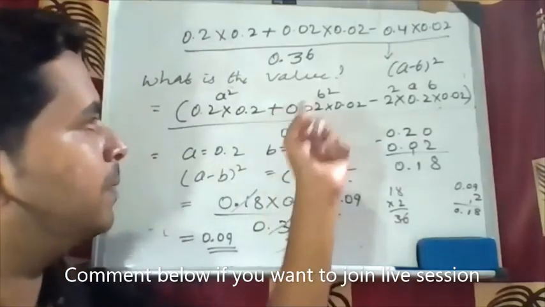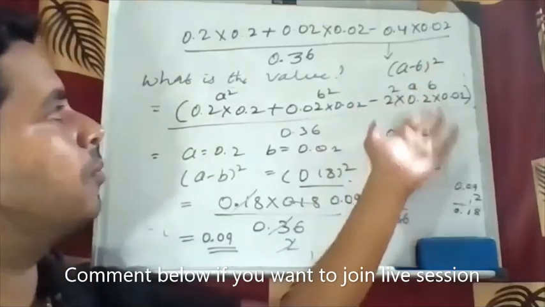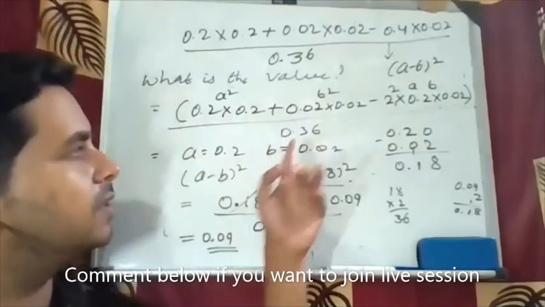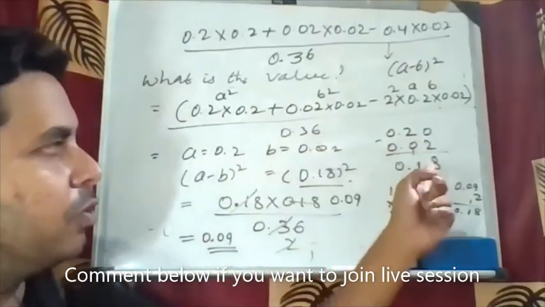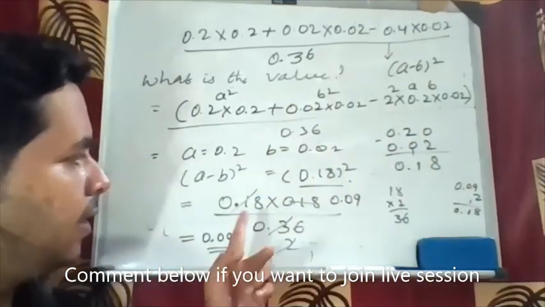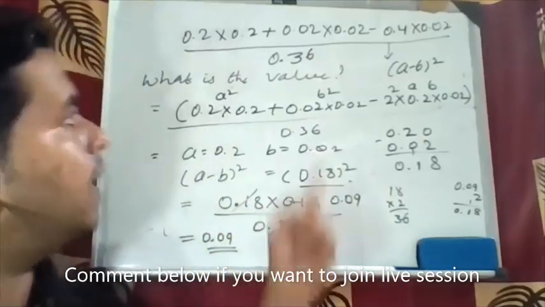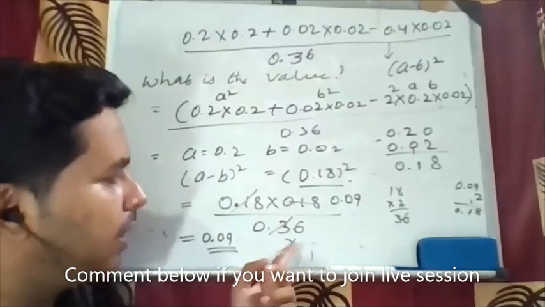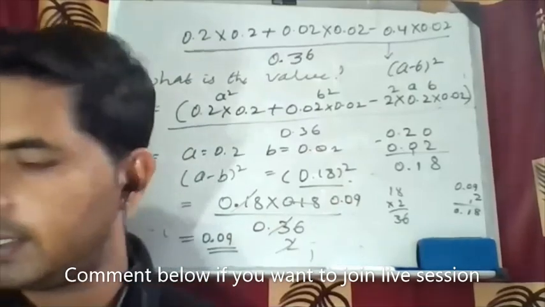Find out A square, find out B square, and find the two AB forms. So now that is given in the form of A minus B square. So what is the A value? 0.2. What is the B value? 0.02. So the formula is A minus B square. Subtract both 0.2 and 0.02. So we'll get a 0.18 square. So I can write 0.18 into 0.18 divided by 0.36. So 18 ones are 18, twos are. Again, 2 ones are 2, nines are. So we'll get 0.09 as the answer.